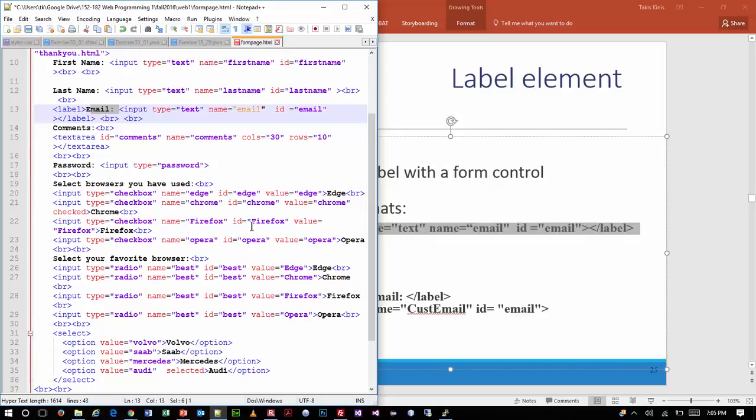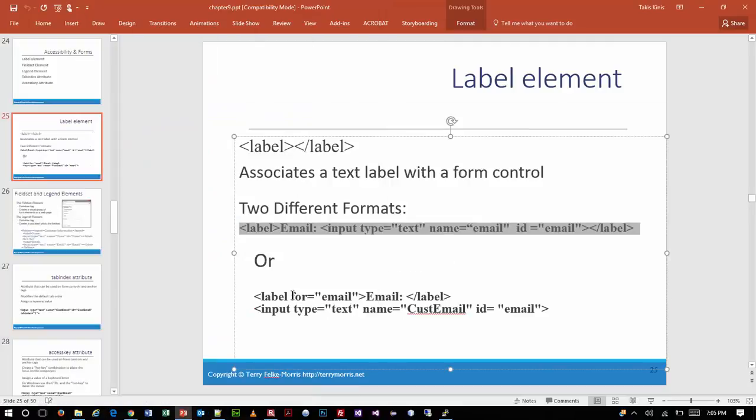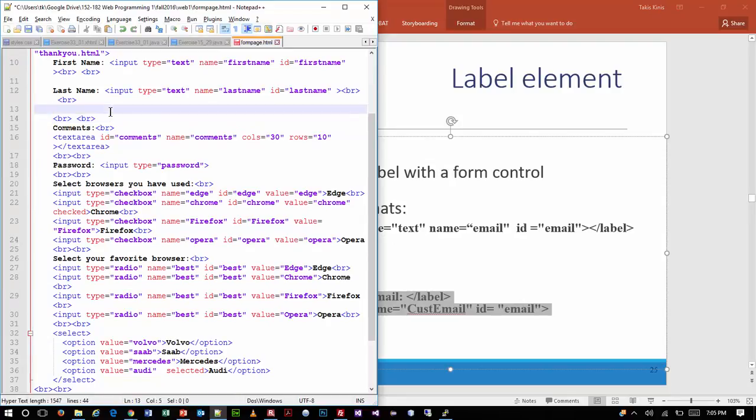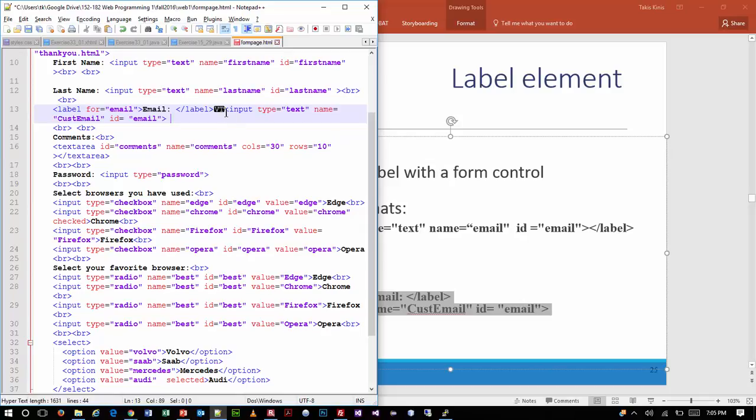Do you need to use a label? No. In fact, if you look at this other approach, this is kind of our older approach to doing it, where the label tag sits separate from the input, but includes an attribute called for so that we know which input it refers to. Either approach is considered acceptable. Neither approach is required. It's a preference. One of the reasons why you might include it is for the reason I just mentioned, where